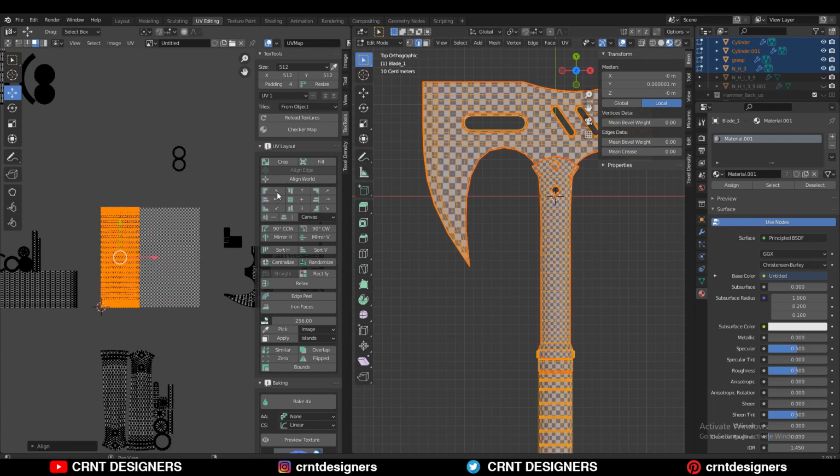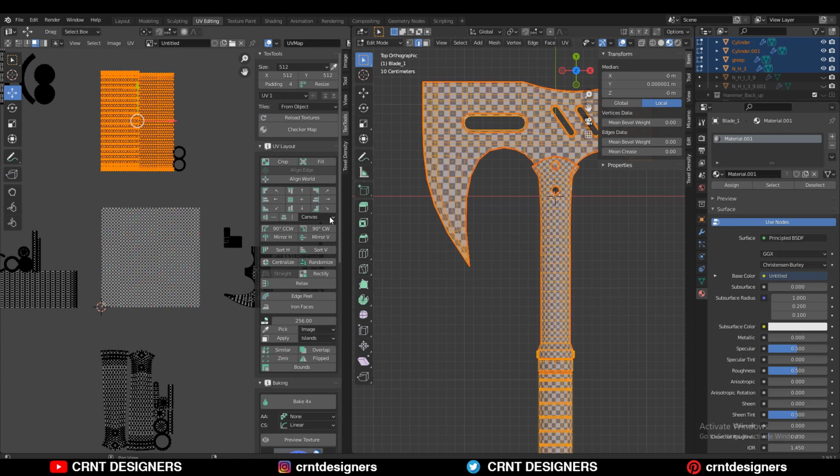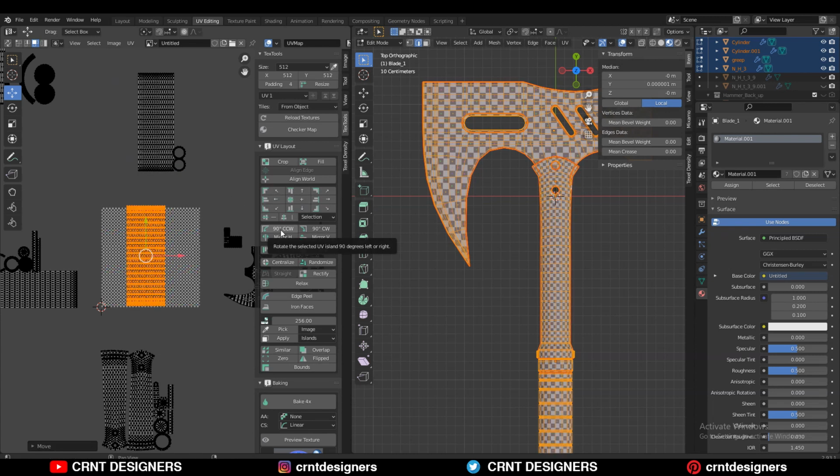So I can align this like this. If I press this option, it will align at the center, at here, anywhere in the canvas. If I do the undo, and now if I try to align this selection, then it will align at this selection like this. So this is pretty easy. So here you can see there are clockwise rotation and anti-clockwise rotation, and you can rotate your UV island by 90 degrees. So like this.